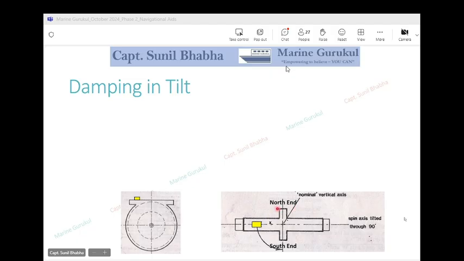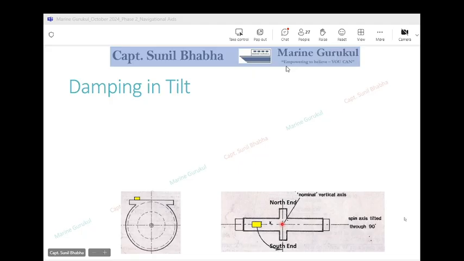This is the north end of the spin axis, and the south end, which was initially pointing towards you, has tilted downwards, and you can see in this diagram the south end is tilted downwards. This is the south end now tilted downwards, and in this condition you will be able to see the top part of the casing. So you are actually looking at the flat portion, the top part of the casing,